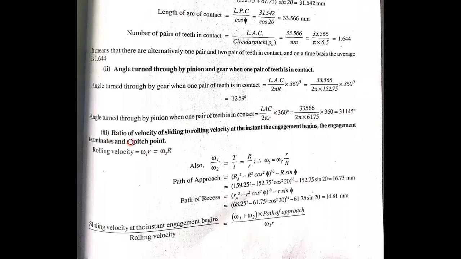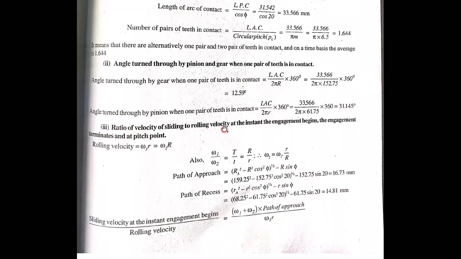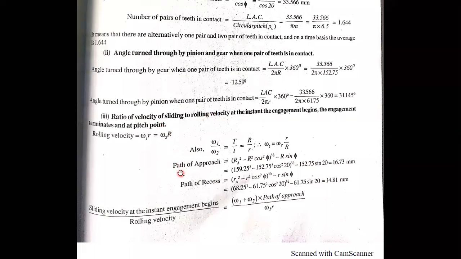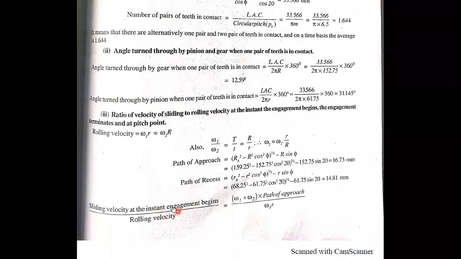And finally, we need to find the velocity ratio, the velocity of sliding at the instant of engagement, meaning when both teeth are in contact. That means at the path of approach when engagement begins, when engagement terminates, that is the path of recess, and at the pitch point, we need to calculate. So we know the formula for the sliding velocity at the instant engagement begins